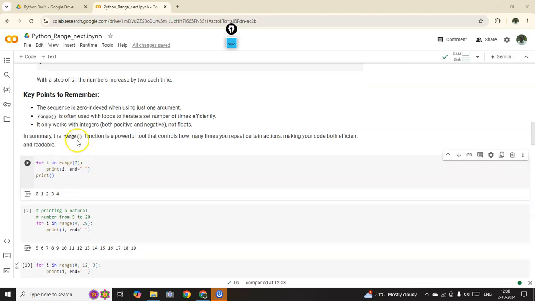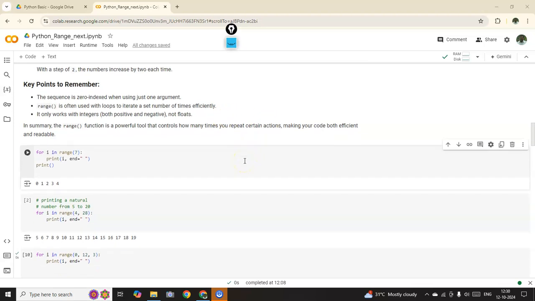Next, it controls how many times. So this is a simple for loop, a very simple for loop. We don't need to implement a lot of that kind of logic. They have implemented it in Python in a very simple way. They have simply used a range keyword. So now we will see,